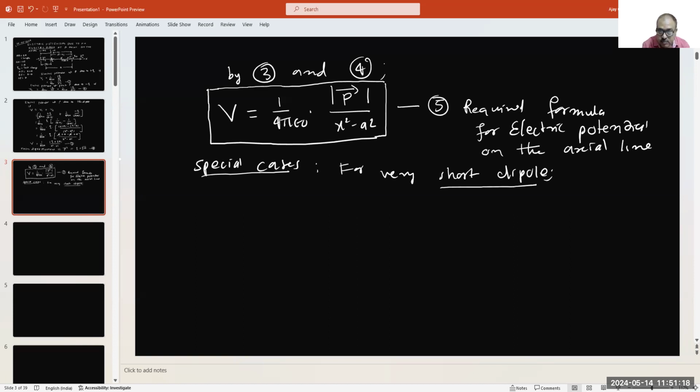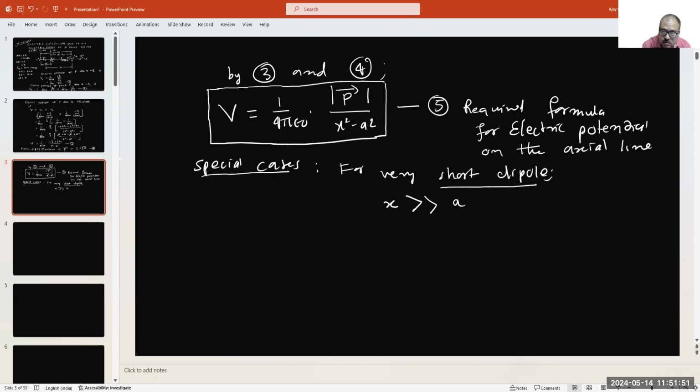A very short dipole is written anywhere in the discussion of the electric dipole during calculation of electric potential. You just think that x, the distance of point P from the midpoint of the dipole, is much farther in comparison to the half length of the dipole. If x is much greater than the small a,